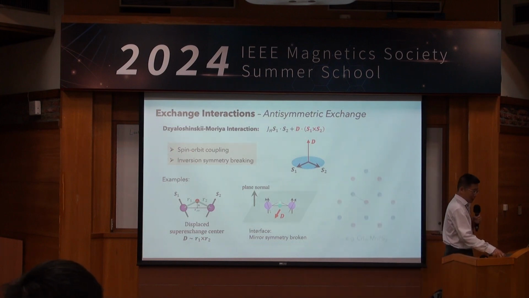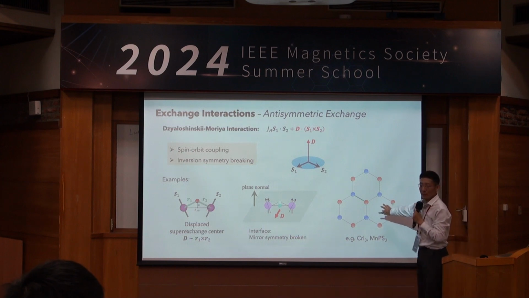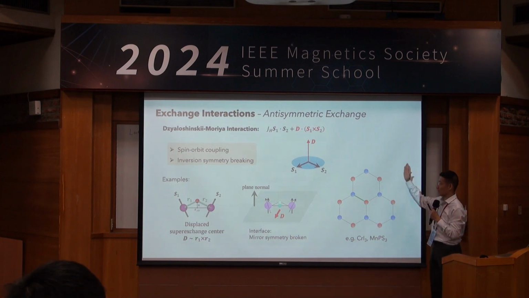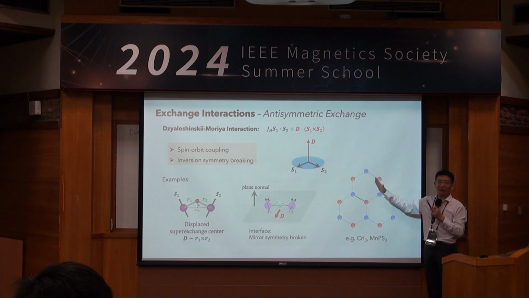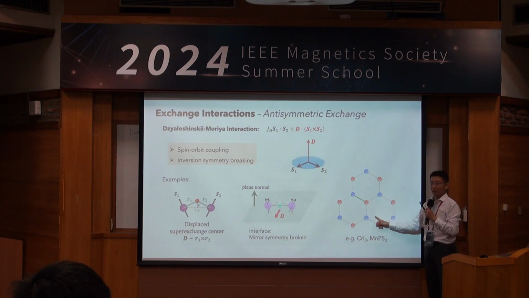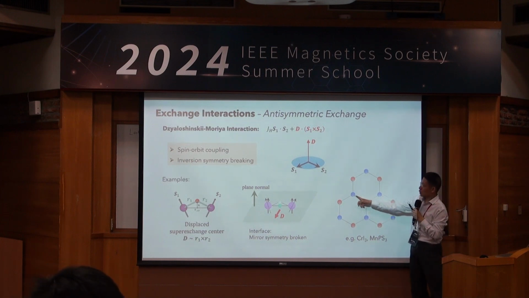And I'd like to give you another interesting example, which nowadays has caught a lot of attention in two-dimensional magnets. So this is a hexagon plane of a magnetic material. It's a two-dimensional magnet. So in this honeycomb plane, for the nearest neighbors,